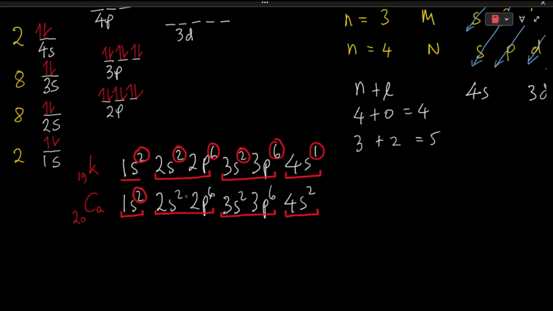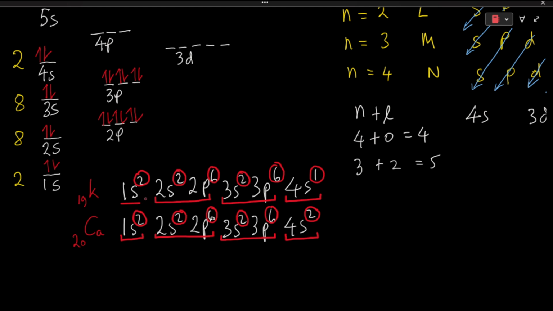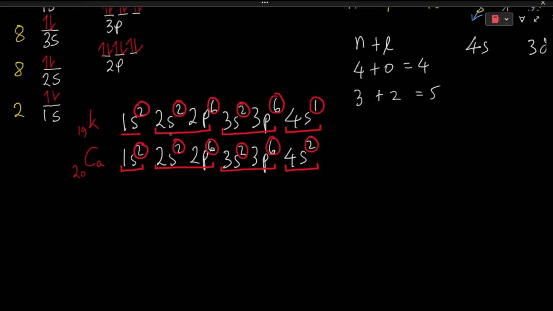So the second shell has 8 electrons, the third shell has 8 electrons, and the fourth shell for calcium has 2 electrons. And so from here, we say that the electron configuration of potassium is 1s2, 2s2, 2p6, 3s2, 3p6,